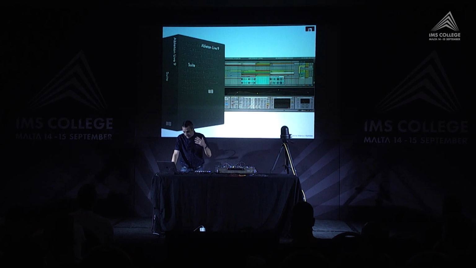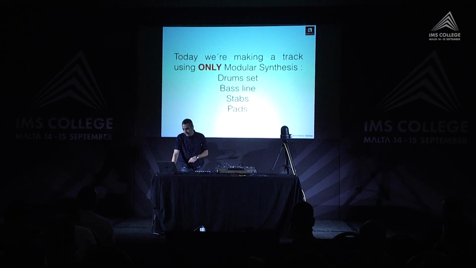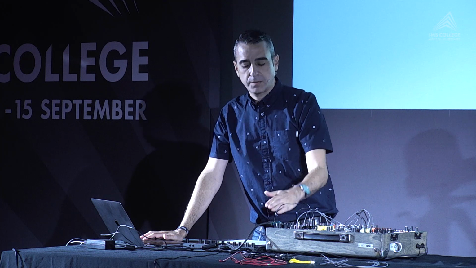We're going to use Ableton Live in order to generate the sequences, and also as an overdubbing system, which means that I'm going to be generating something, then recording the sequence, and then moving to the next sound. So some of the sounds are going to be in audio tracks while I am generating the next sound that we are going to use in the production.